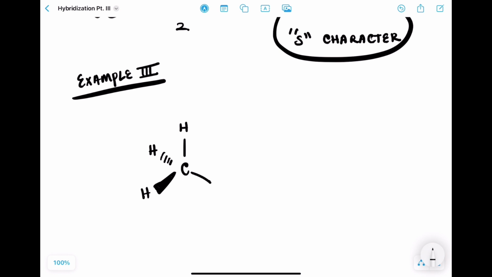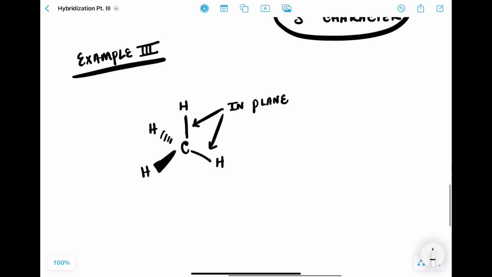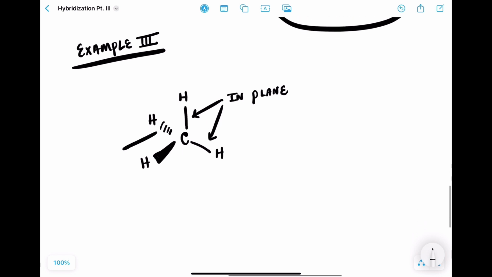And so these lines right here are going to be in plane. So this and this are in plane. Right? And then anything that is dashed